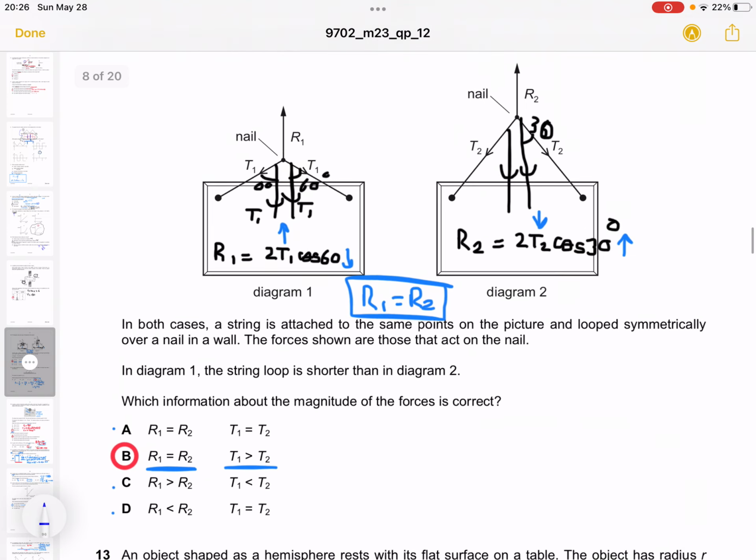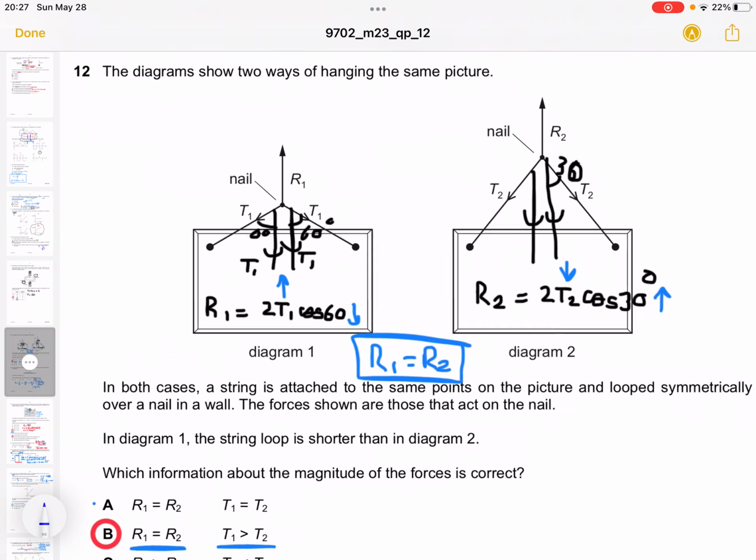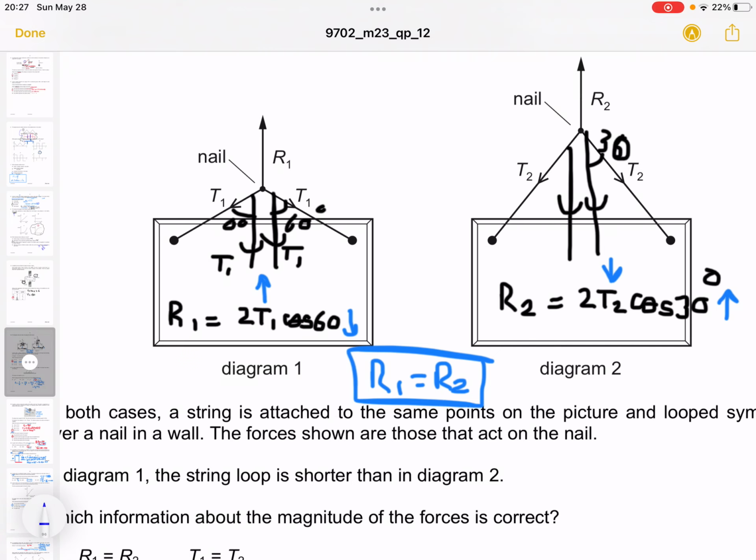Question number 12 says that the diagram shows the hanging of a picture. So which is correct? That's a greater angle. We are assuming it 60-60, and a smaller angle we are assuming it 30-30. So R1 equals T1 cos 60, and R2 equals T2 cos 30. So for this, the cos 60 is a smaller value. If we assume that R1 and R2 are equal, so cos 60 is a smaller value and cos 30 is